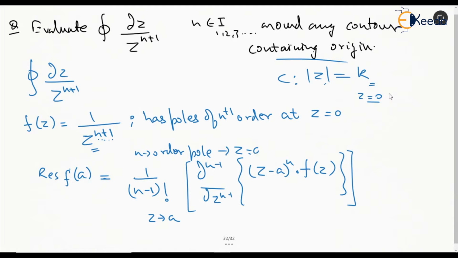This is the general formula we have written for the nth order pole at z equal to a. So in this case, z equal to a is z equal to 0, and the pole we have is of order n plus 1, right? So in this case we have the pole a equal to 0 and order n plus 1. So the residue at 0 will be given as 1 by n plus 1 minus 1 factorial, so this becomes 1 by n factorial,